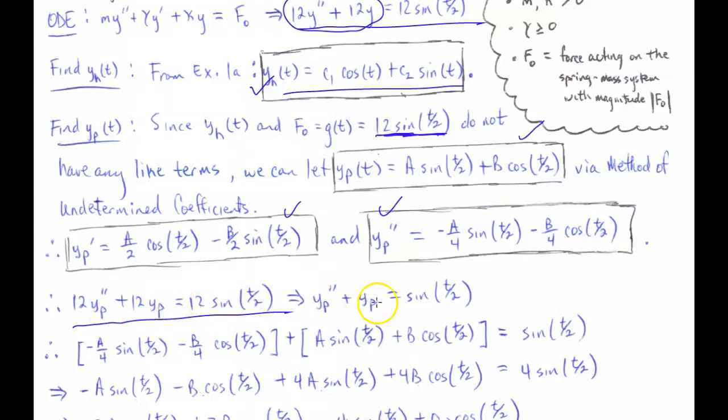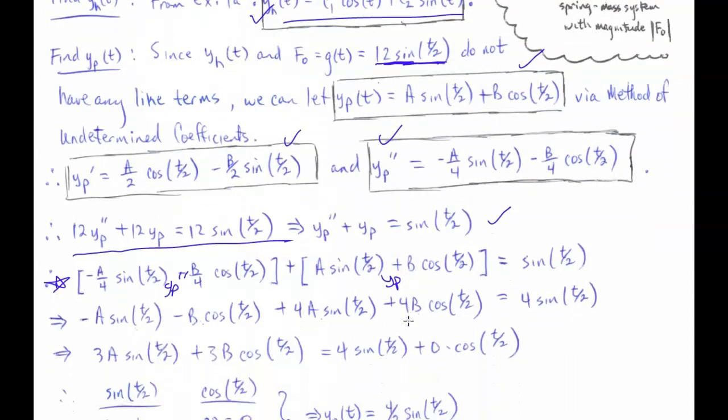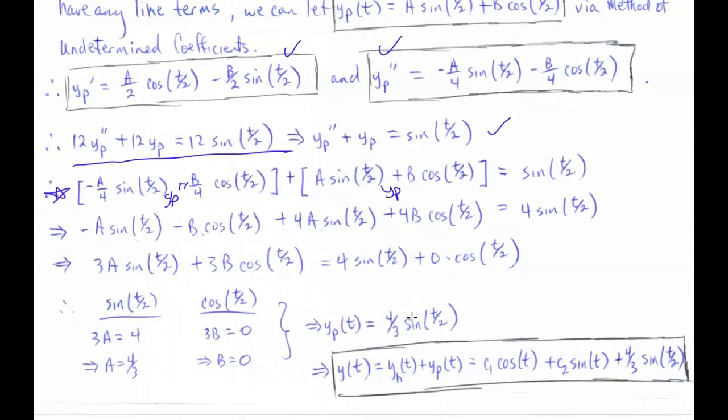If I divide both sides by 12 to make life a little easier, we'll have this. At this point, we're putting in what y sub p double prime is and what y sub p is, and we just work everything out. We end up getting b equal to 0 and a equal to 4/3. And so